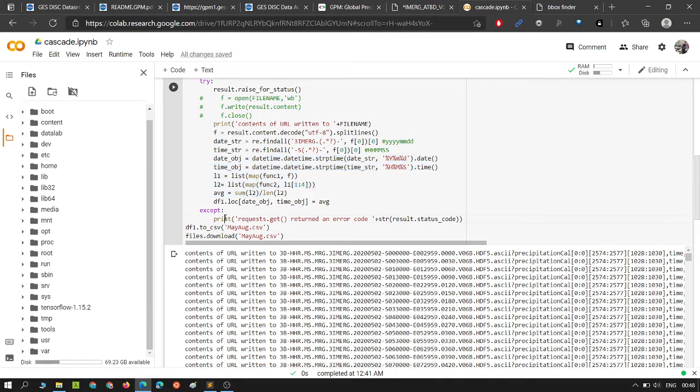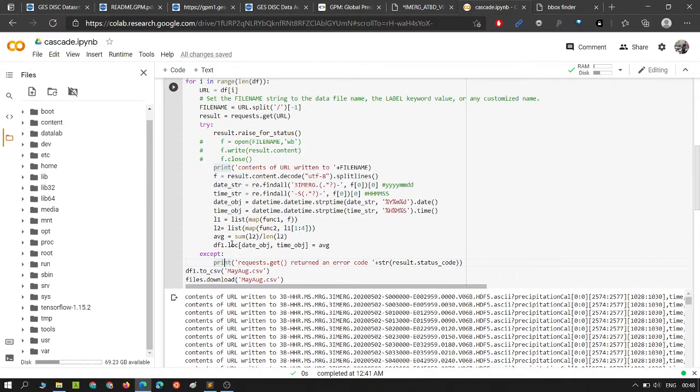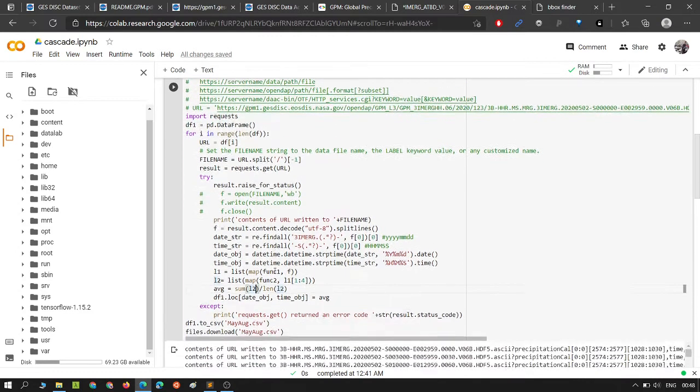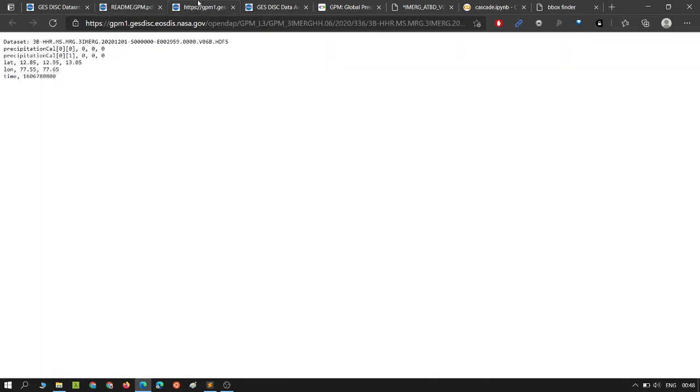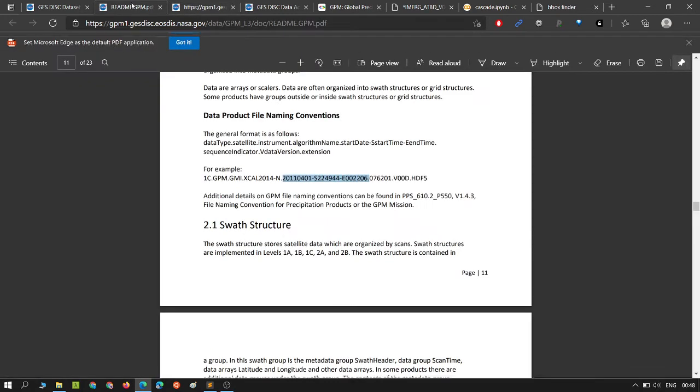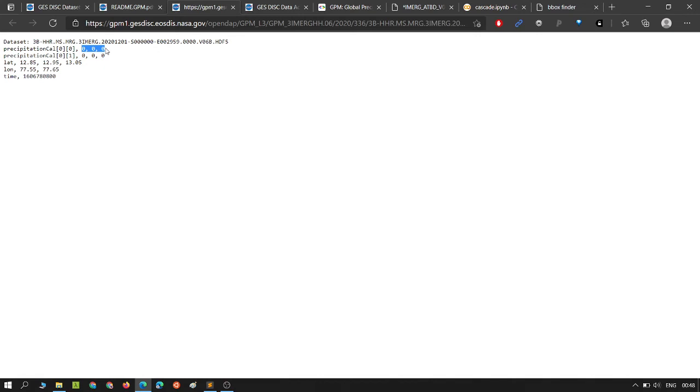So this L1 and L2 actually formats it in a way where we are reading all these values and averaging them. These values represent the rainfall in mm per hour.